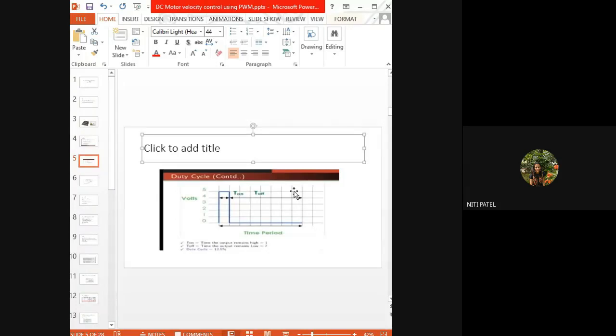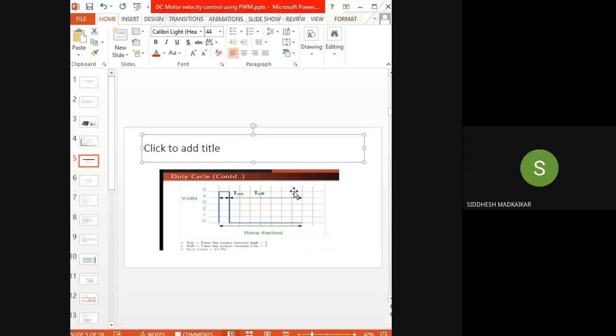Okay. So how much is the entire cycle? It is going up till 8, starting from 1, 2, 3, 4, 5, 6, 7, 8. How much is the volt? 0 to 5. अभी हाई कितने टाइम के लिए है? एक ही first column के लिए हाई है, which is T on. For the remaining 7 it is T off. So how much is the time period? Time period is 1 plus 7, which is equal to 8. Did you understand up till here? Yes, ma'am.